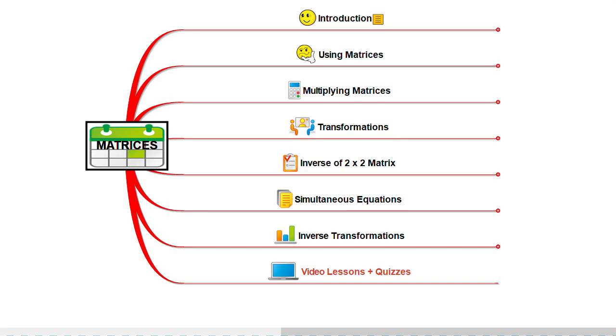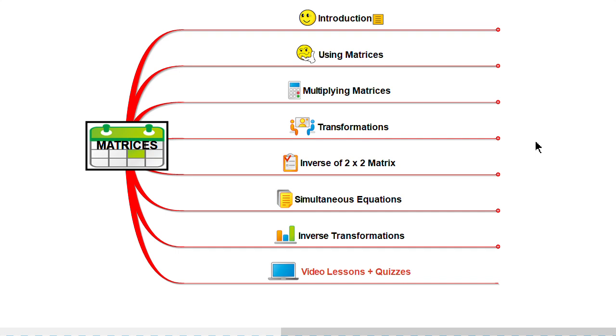Hello, welcome once again to another video on matrices. On your screen, you see a mind map of the topic dealing with matrices. Now, I'm introducing you to a